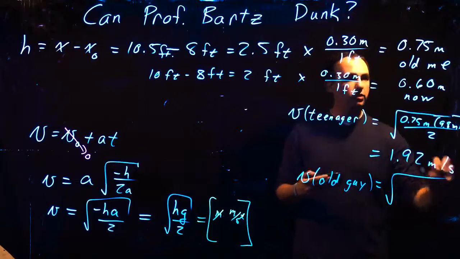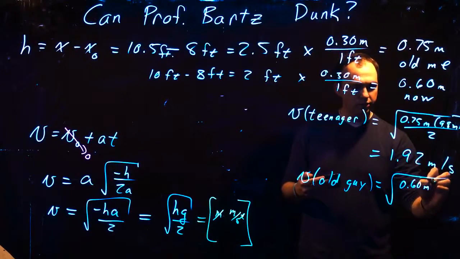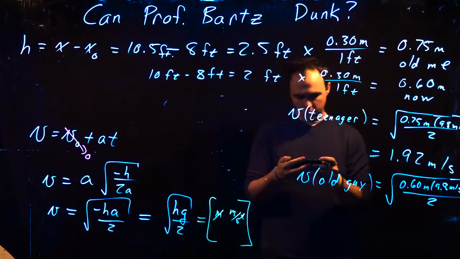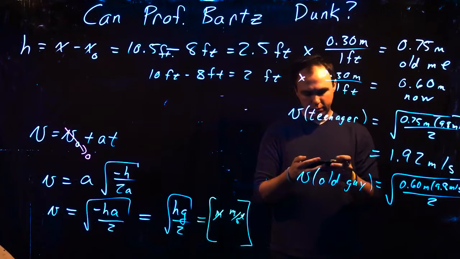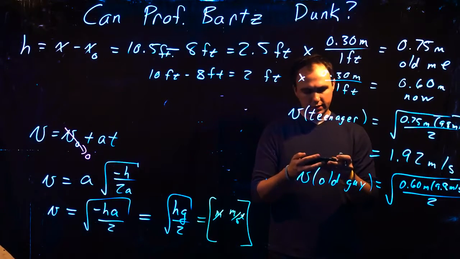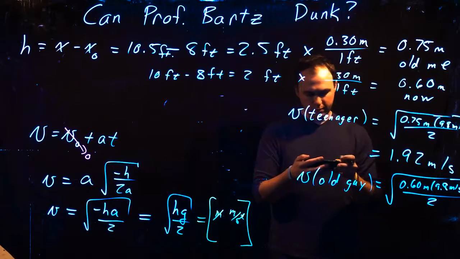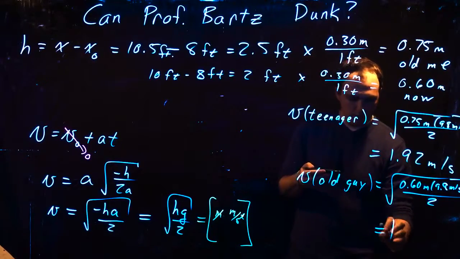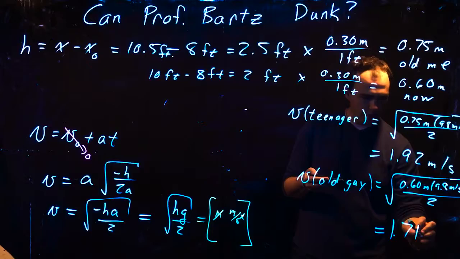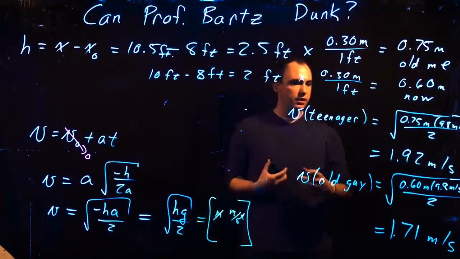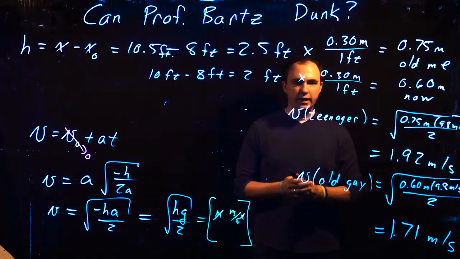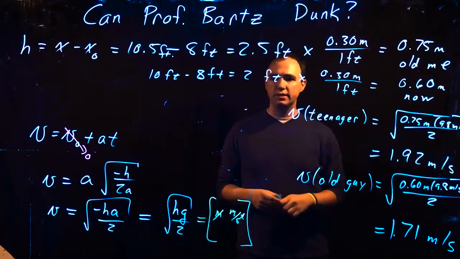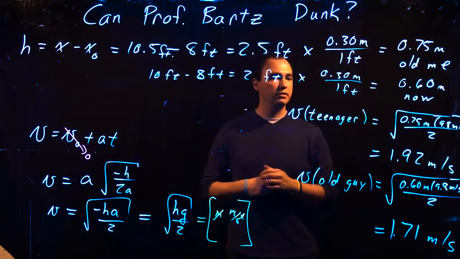And then the old guy is going to be the same calculation, just with 0.60 meters, 9.8 meters per second squared divided by 2. So we get 0.6 times 9.8 divided by 2, and take the square root of that, and we get 1.71 meters per second. So we can see that I've lost about 0.2 meters per second off of how fast I'm going when I leave the ground, since I